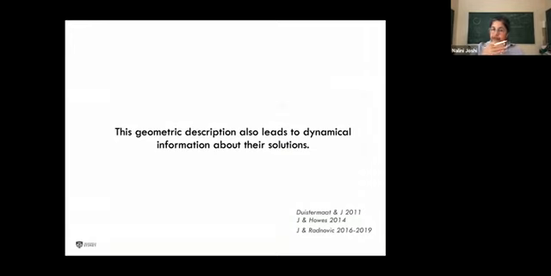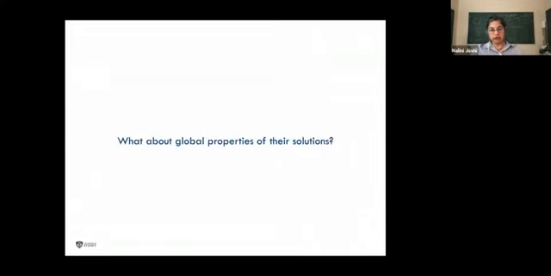So you can also do dynamics in these spaces. This is one of the things that I've been doing in recent years, starting with my work with Dijkstermaat in 2011. And there's a lot to be said with this description. In the initial value space, which is the analog of phase space, there are repellers for the solutions. There are also limit sets for each solution, and we can show some other properties, global properties of these solutions or equations, the generic solutions of the equations.